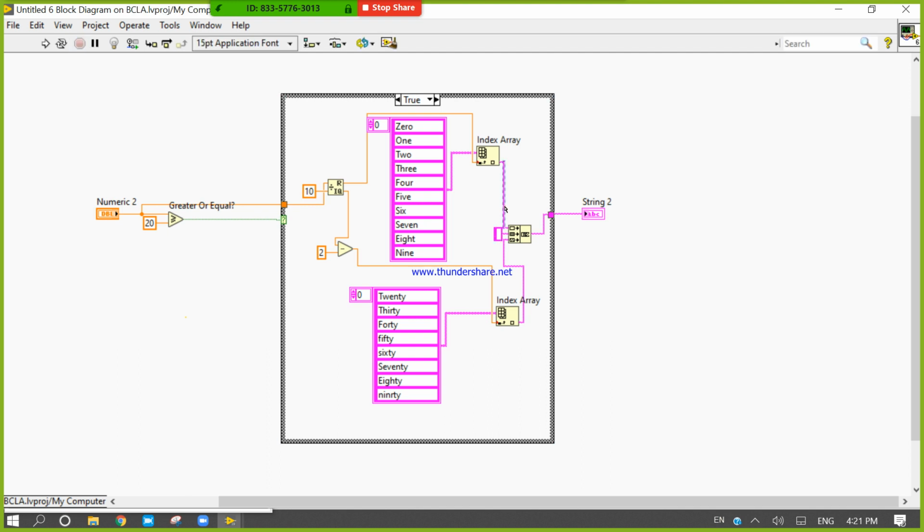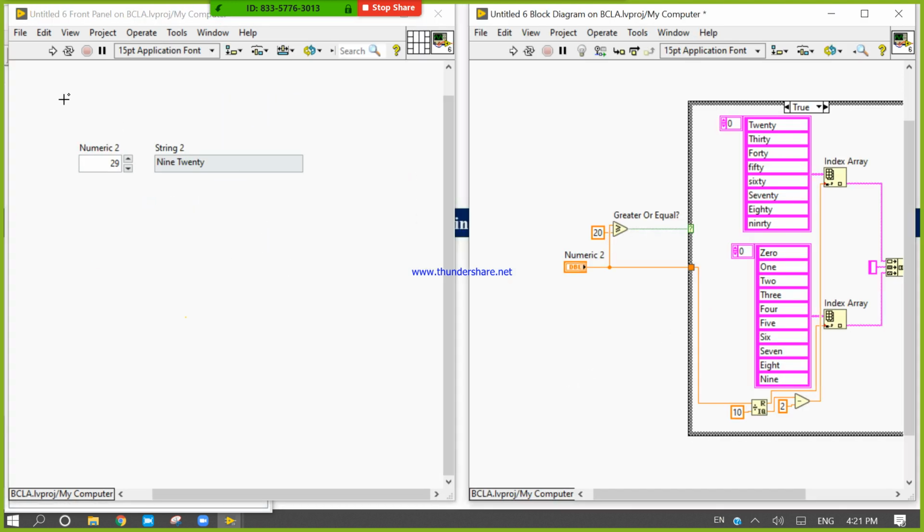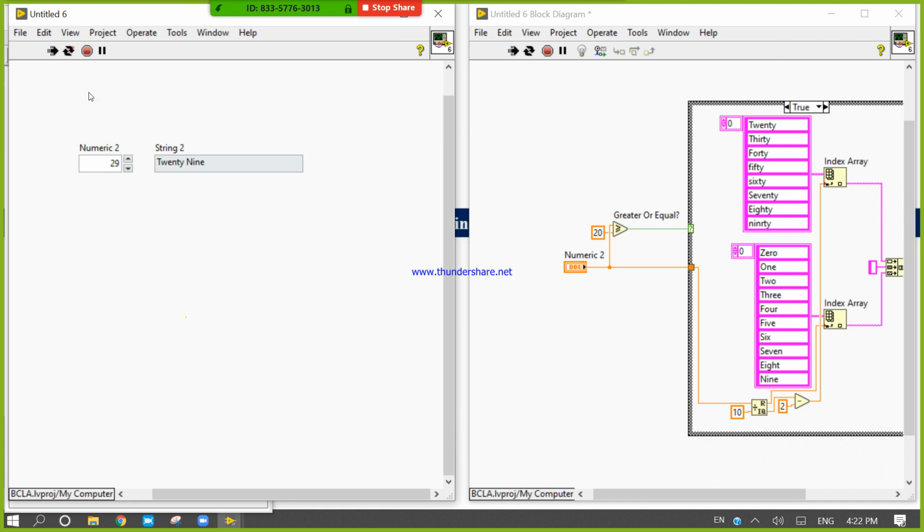Wait, delete this one, delete this one, control B, delete this one with the upper one, okay, control T, 29, 30, okay. After there is one mistake, 30, we need to resolve that. 31, 32, 33, 34, 35, 36, 37, 38, okay.